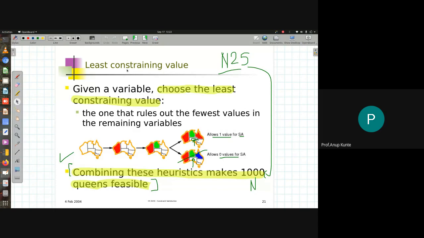Most constrained variable would be a much better strategy, but for the specific problem of n queens, I can actually solve n queens with n equal to 1000, over n equal to 25, which was feasible with backtracking search. If you were there for yesterday's discussion, I said there was a remark in the slide as well.